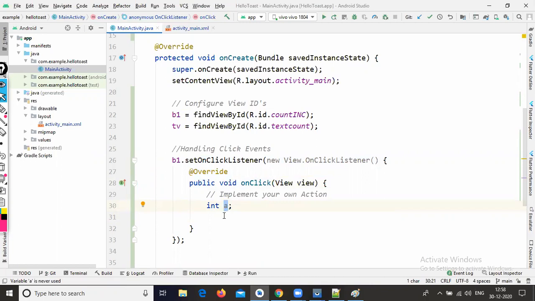So what is the increment operator? See, this integer value by default starts from 0. So how do we increment this integer value?